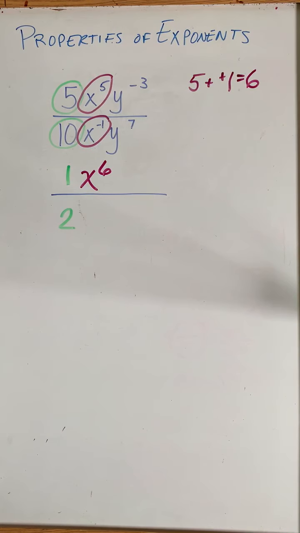And when you're subtracting, that is always going to go in the numerator, okay? If it turns out to be negative, we'll move it later. But it's always, always, always going to go in the numerator when you're subtracting, okay? All right, let's try